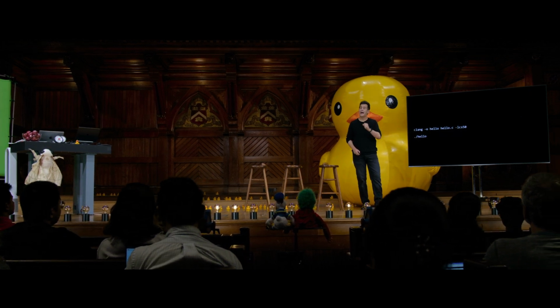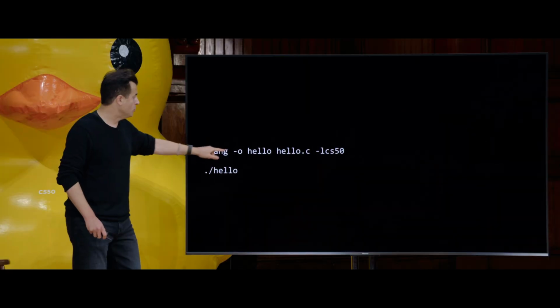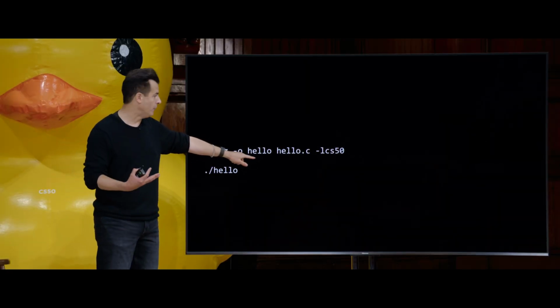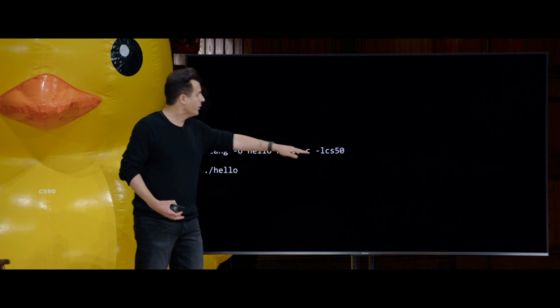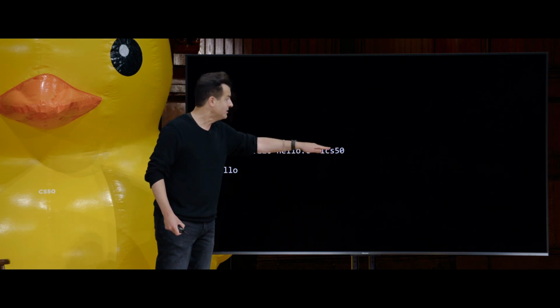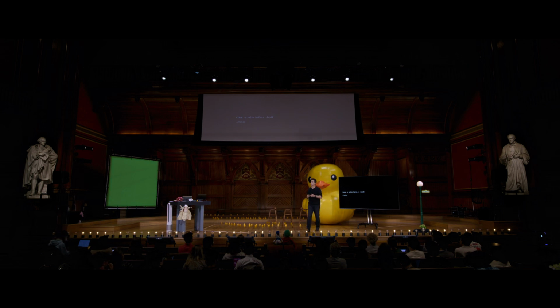If you want to compile that program from last week with clang directly, you can do -o hello to specify the file name. You have to specify hello.c to compile that file. But now, somewhat annoyingly, you have to do -lcs50, no space in between,